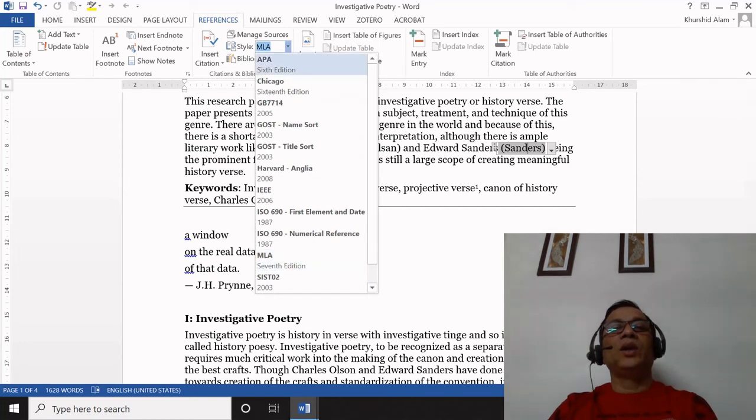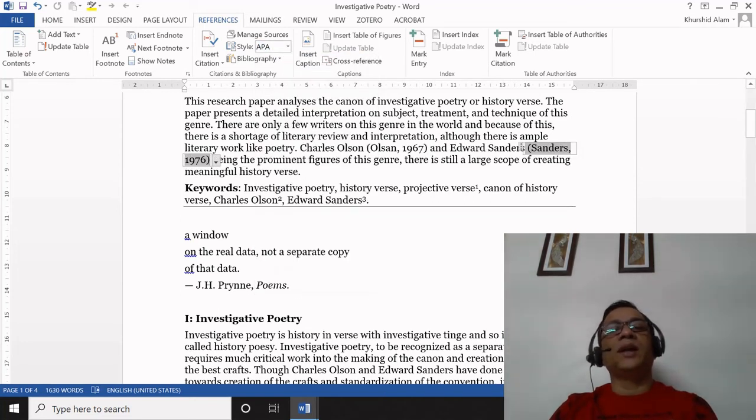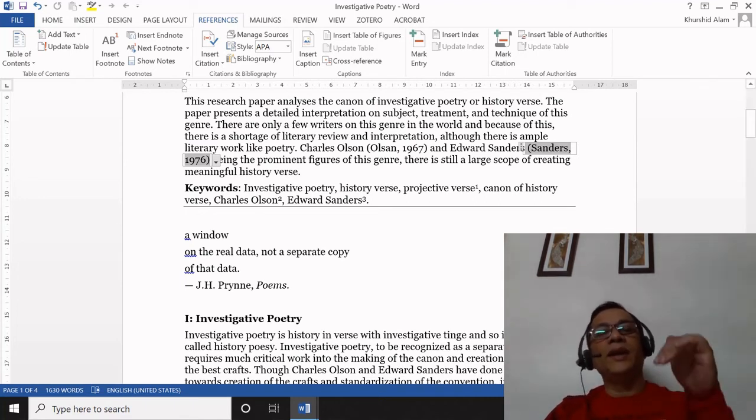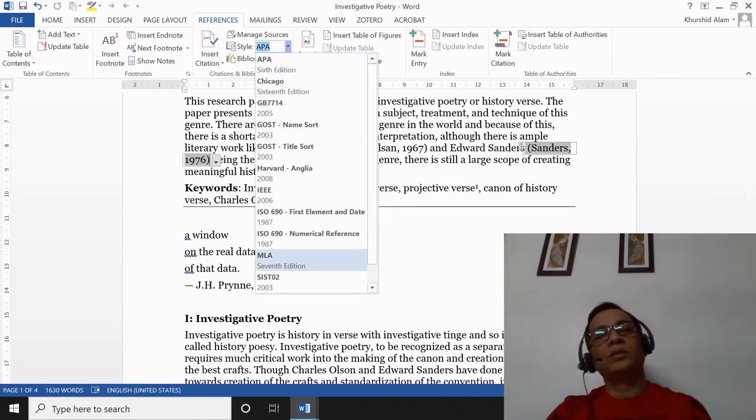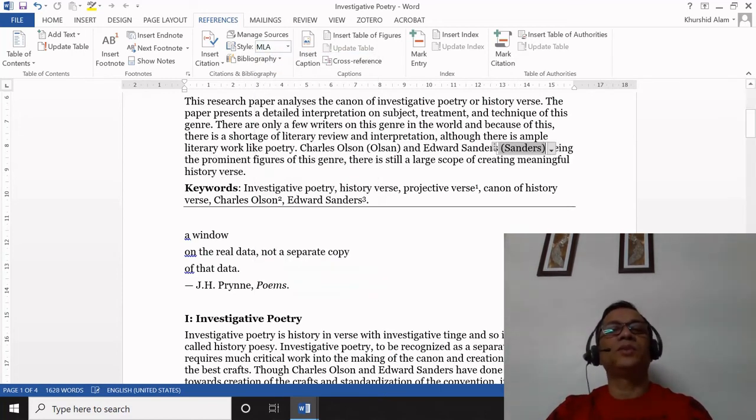As I said, you can switch to any style anytime. It may also be possible that you have based your citation on a certain style, but later on you can switch to another style, and all the citations in your research paper will be automatically switched to that selected style. So this was in-text citation.